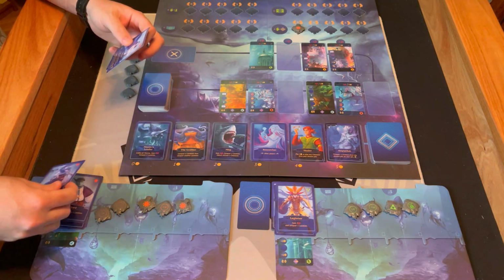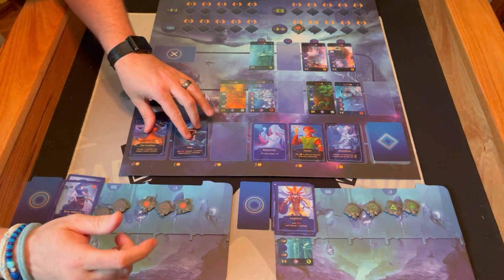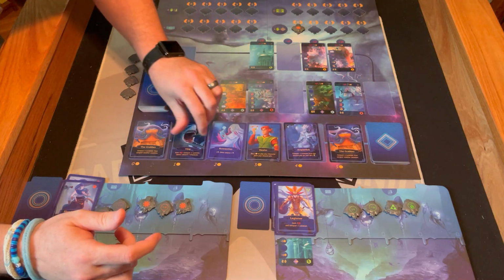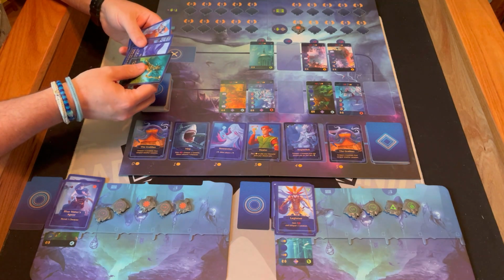Let's do... I want to recruit a character. I'm just going to take this one. Goes into my hand. And done. These will slide down. Okay, this player. Let's do...